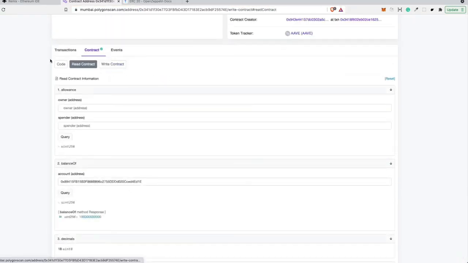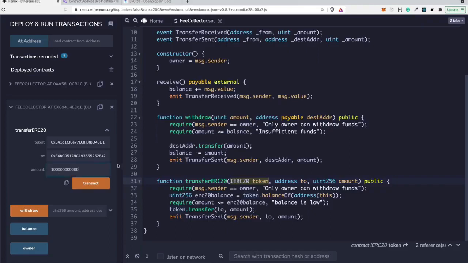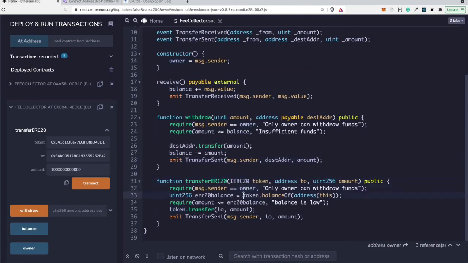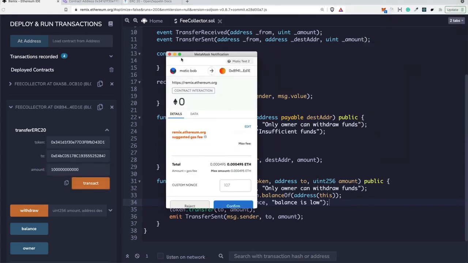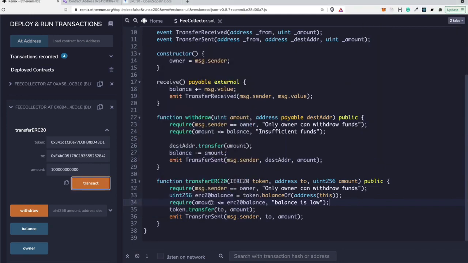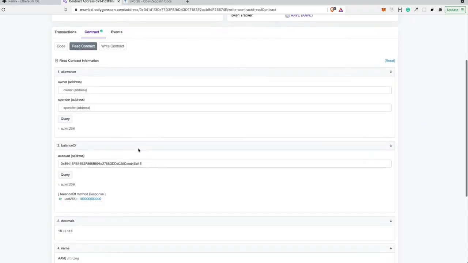Now I will also check whether the require works, so I will add an extra 0 and we should get the error that the balance is too low, because I'm able, as you can see in line 33, to check the balance of this token, and as you can see I'm using the variable token which points to the ERC20 smart contract. Now I will take the 0 away and I will be asked again to issue the transaction to my smart contract, and I would trigger the transfer on the external smart contract, which is ERC20. Let's check again the balance of the smart contract account, and we should see the 0